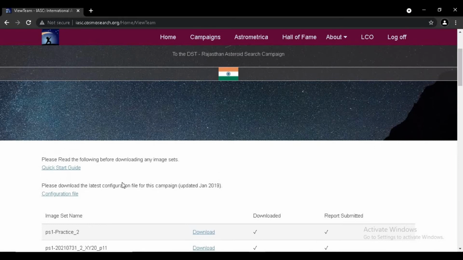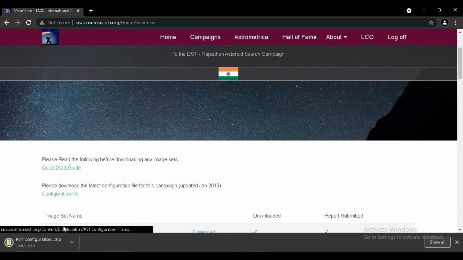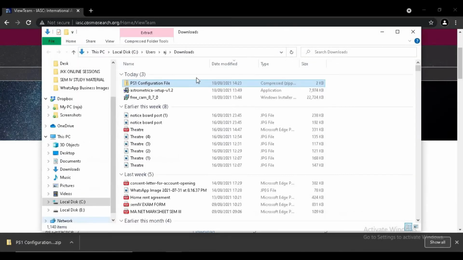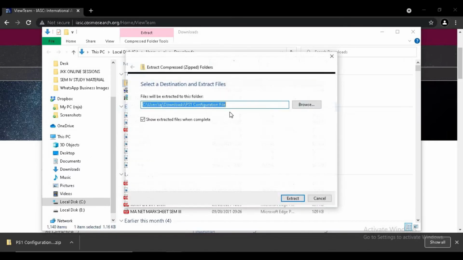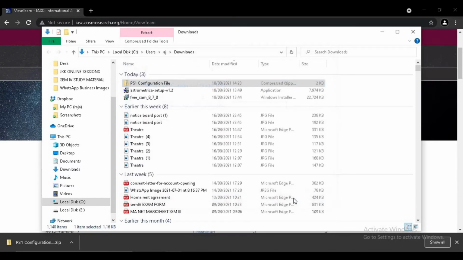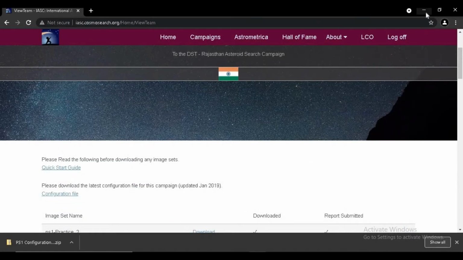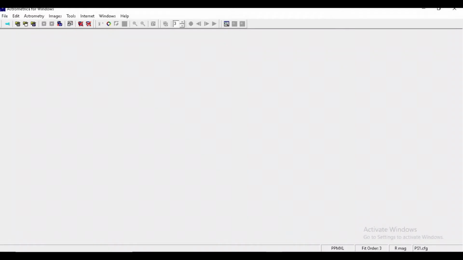Now, as we were dealing with the configuration file, I'll click on it. It got downloaded. I'll extract the configuration file, and after it is extracted, I'll copy the location and move back to Astrometrica.